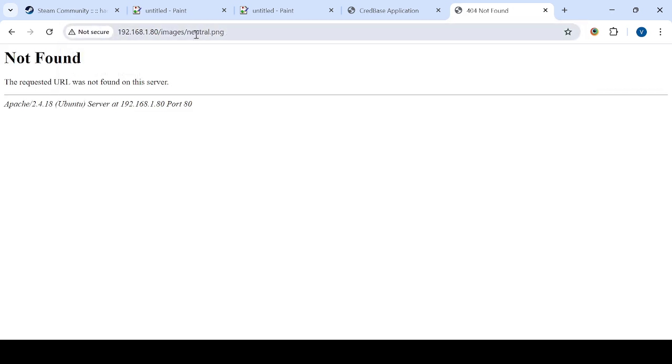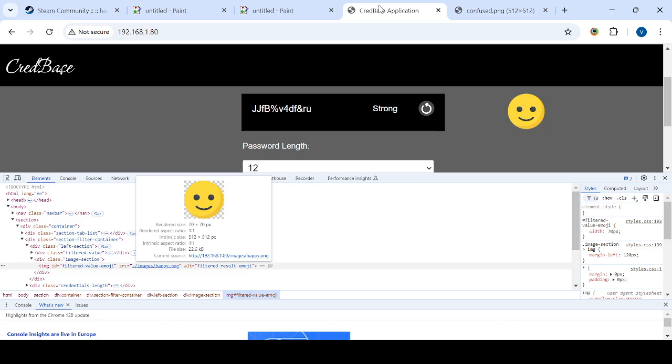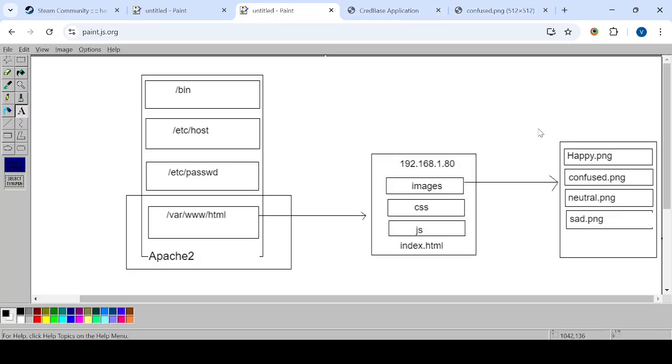Okay, let me try to access another image. Confused.png. Let me try one more resource, neutral.png. Okay, neutral.png is not available, I guess. So let's keep it to confused.png. We have accessed this particular image. Now let's come back to the diagram. In this we have seen that when we request this image, we get access to this image. Now if I try to